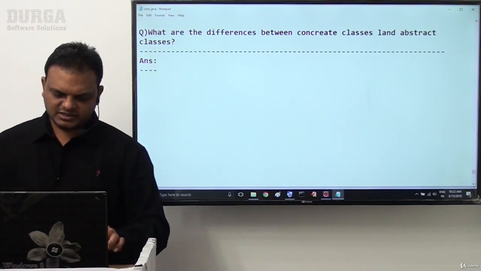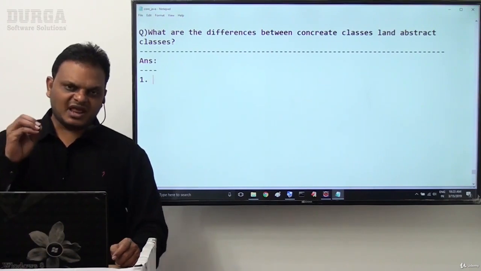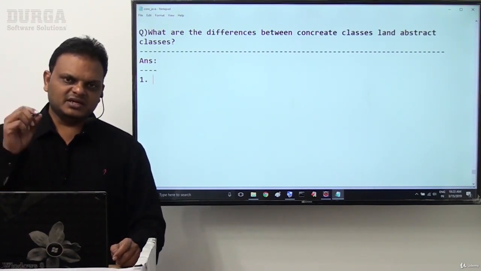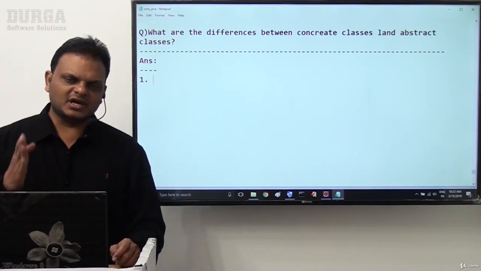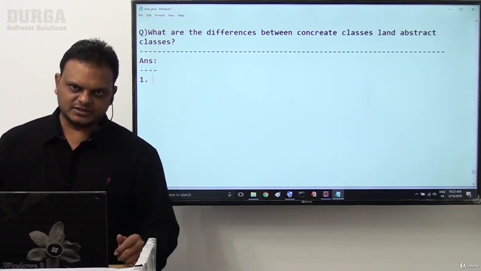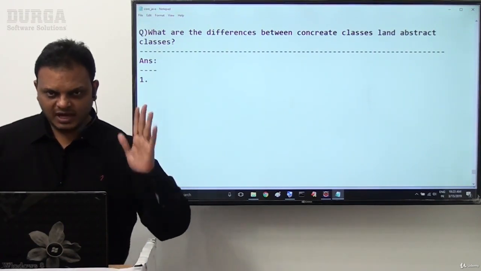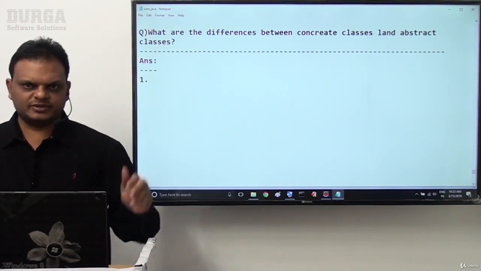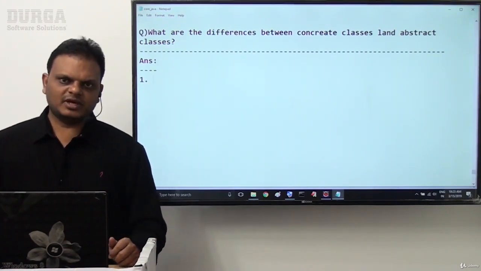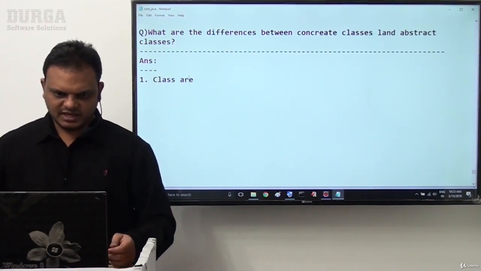We already know some differences here. First of all, a class is a container that is able to allow only concrete methods. A concrete class is nothing but a normal class, and an abstract class is nothing but an abstract class.